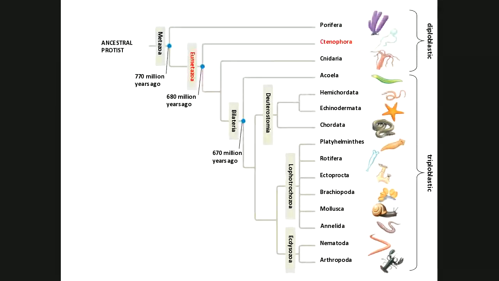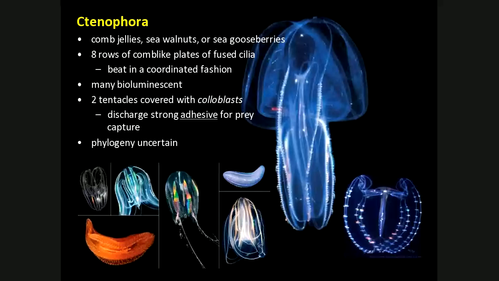So let's go with the ctenophorans first. The C is silent in both of those words, ctenophora and cnidaria. Ctenophorans and cnidarians. So let's do ctenophorans first. Ctenophorans, you may have seen these. Sometimes I have actually seen these at the beach out in Sarasota on some summers when I've been out there before. But these are what we call comb jellies, sea walnuts, sea gooseberries. They look like jellyfish, and they actually used to be considered that.